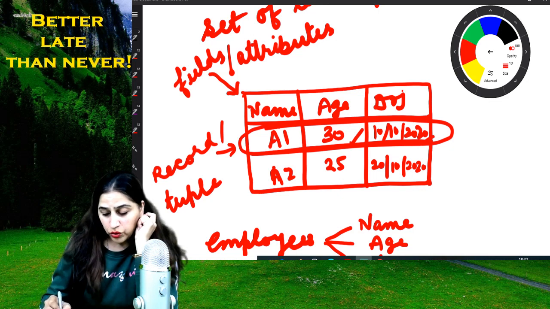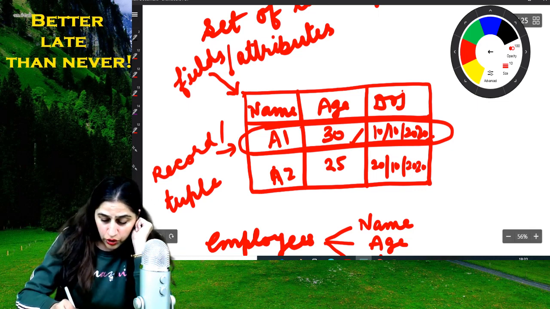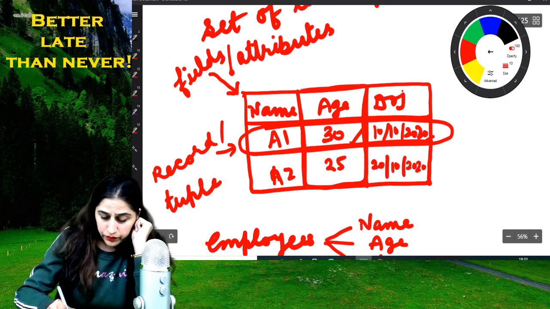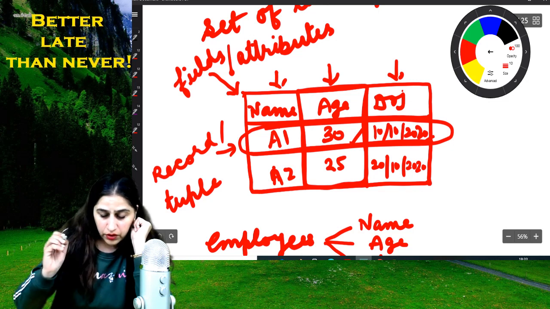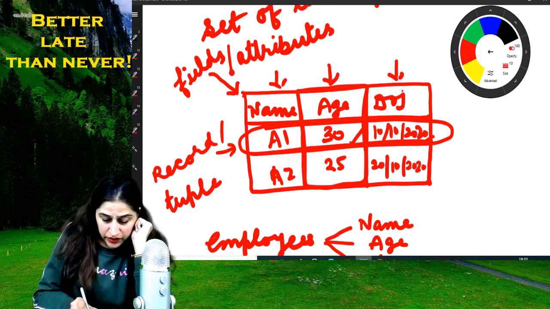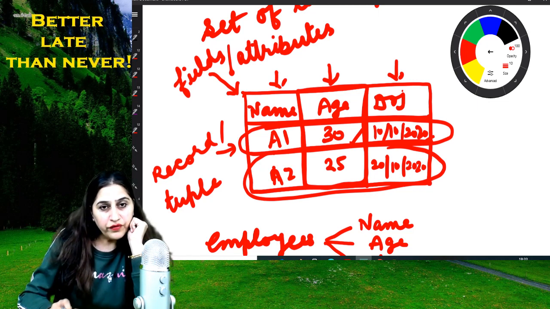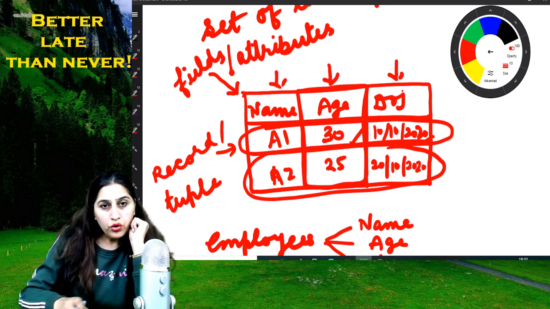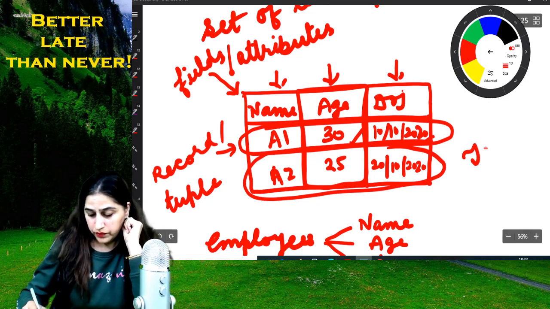Means the attribute DOJ for the employee A1 is this. तो हमें ये कॉलम जो पूरा ये कॉलम है, this is one column, this is a field, this is a field and this is also a field. These are records and fields, and the whole this information is called table or relation.